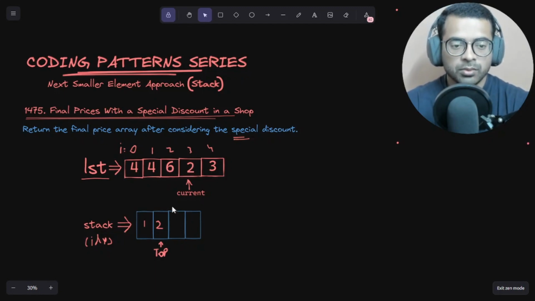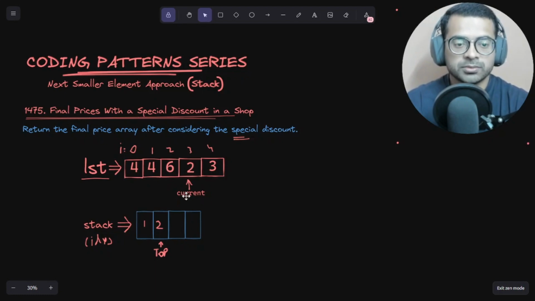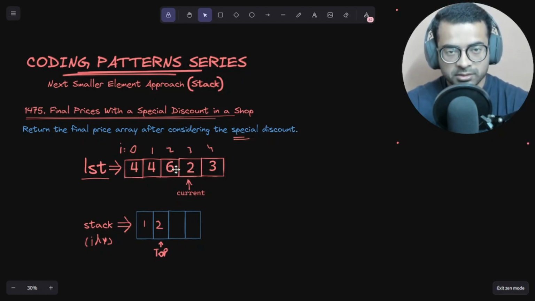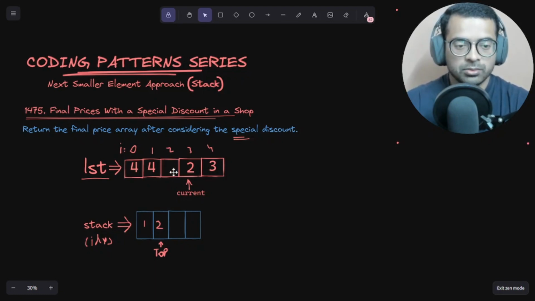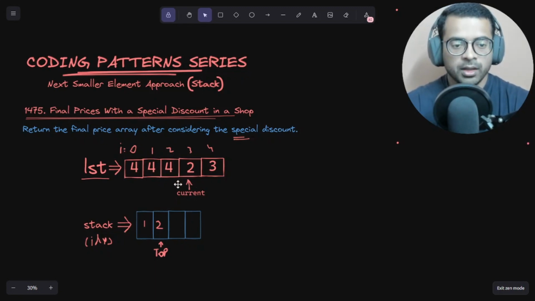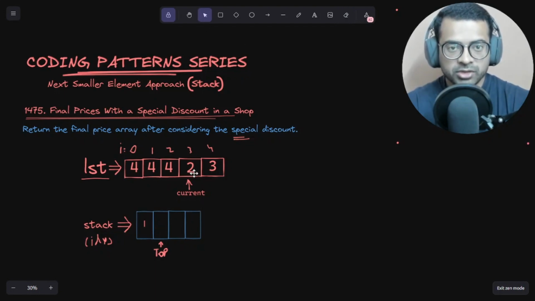Okay, so now we are going to subtract this 2 from our 6. Okay, so let's do this. So let's remove this and simply I am pasting 4 here. 6 minus 2 is 4. Then we are going to pop out this 2, and this will become the new top. So again we are going to check